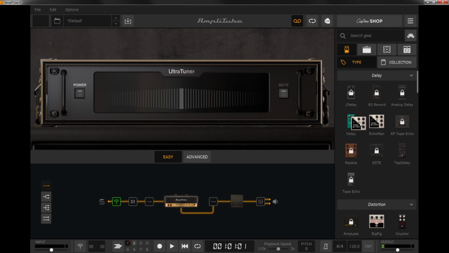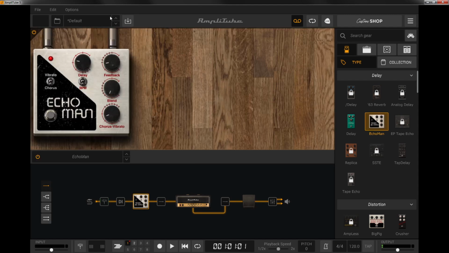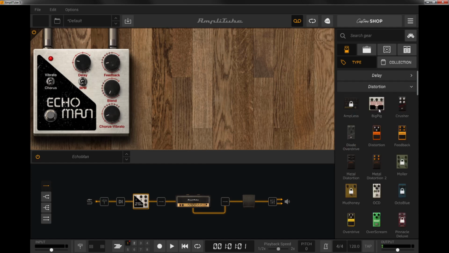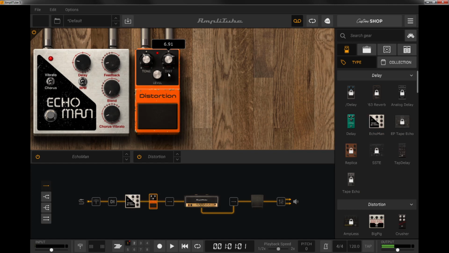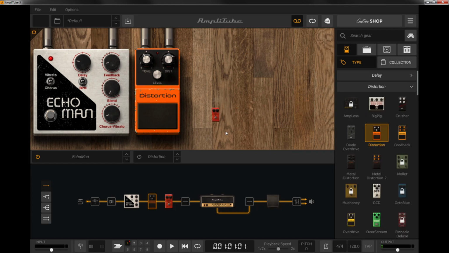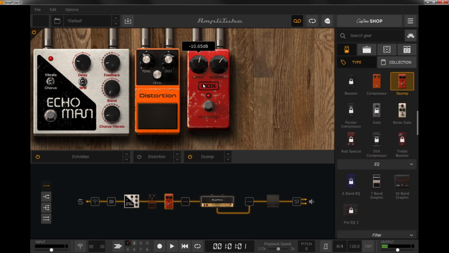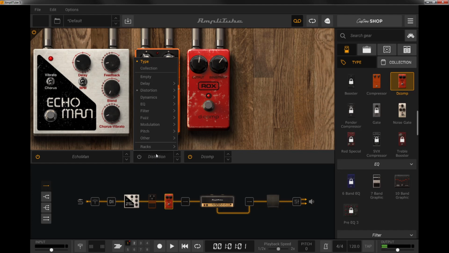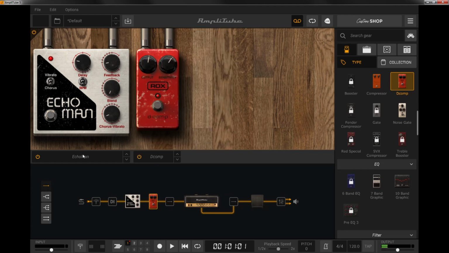You're able to import, you literally drag the pedals and there'll be a pedal appearing in the old floorboard. As I say, I've got quite a few pedals that I bought from previous collections, and my favourite pedal is the D-Comp, which I use in my real life pedal board, and